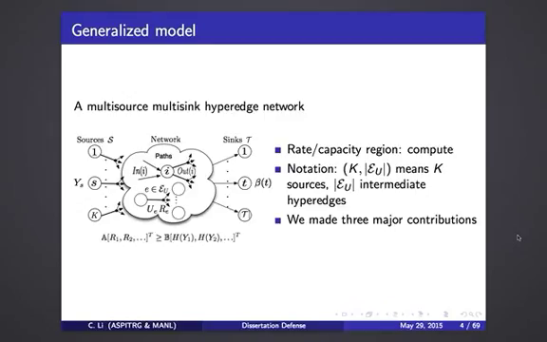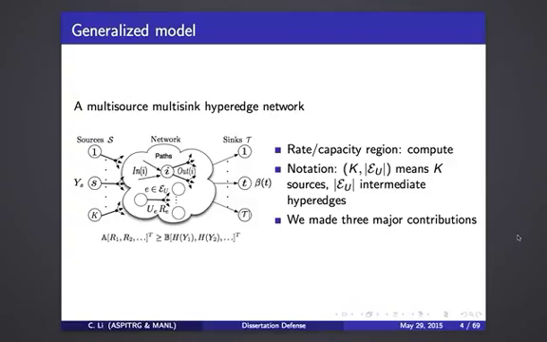hyperedge captures the property that nodes are allowed to transmit the same information to different nodes. We are trying to calculate the rate region of this type of network, where the rate region here is the relationship between source rates and the edge capacities, as the inequality shown below the figure. It is an open problem to get the rate region in general, especially manually. So that's why we are interested in using a computer to calculate the rate region.